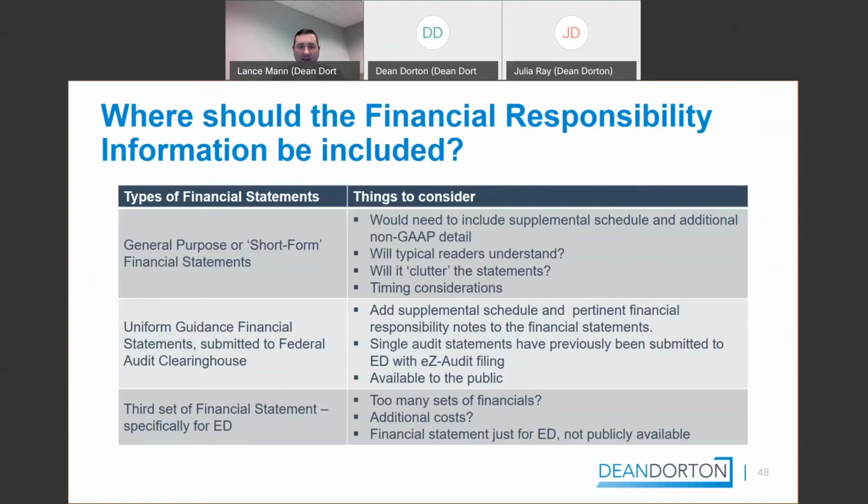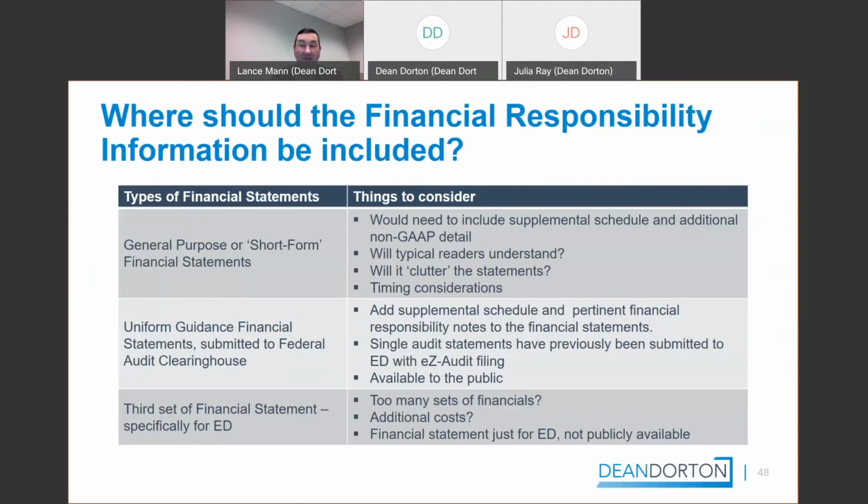Single audit statements have previously been submitted to the Department of Ed for eZ-Audit filing, and so it'd be consistent with how you have been doing it in the past. But they are available to the public, so you have to consider that.